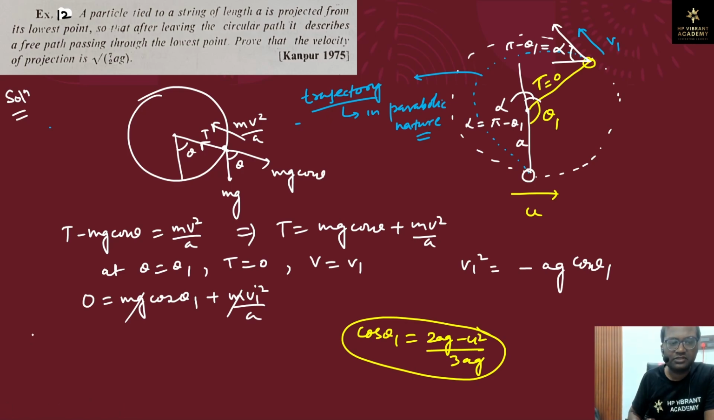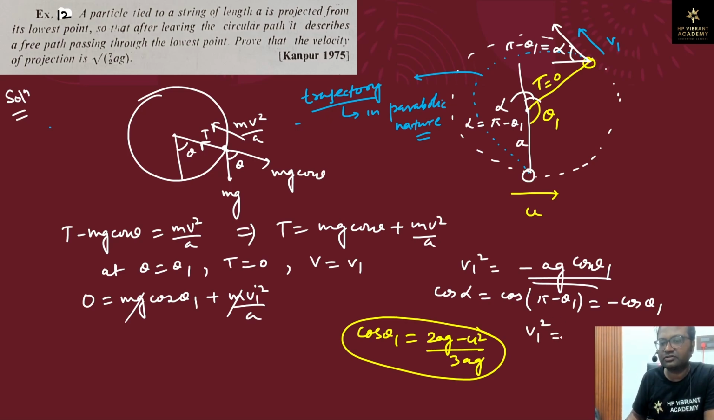Let us express this in terms of alpha. So we have cos alpha is equal to cos of pi minus theta 1. So this is equal to minus cos theta 1. This means minus cos theta 1 is cos alpha. So here, if we replace cos theta 1 with minus cos alpha,